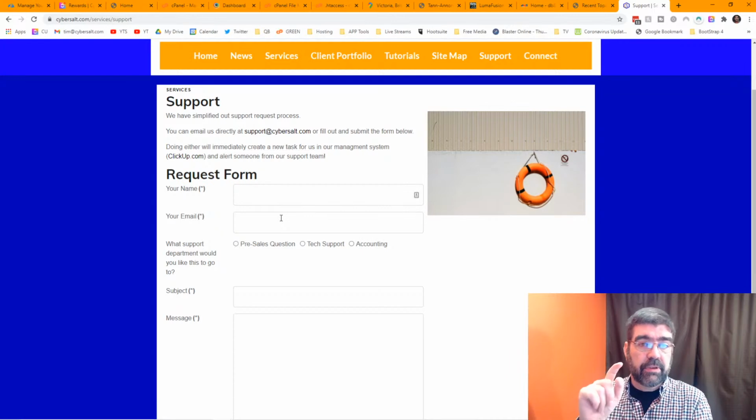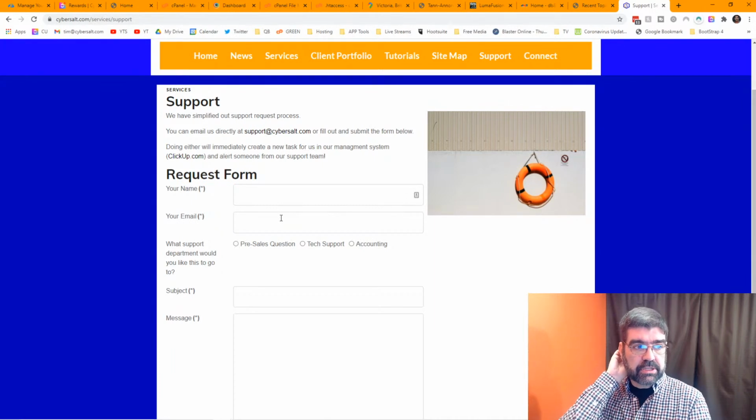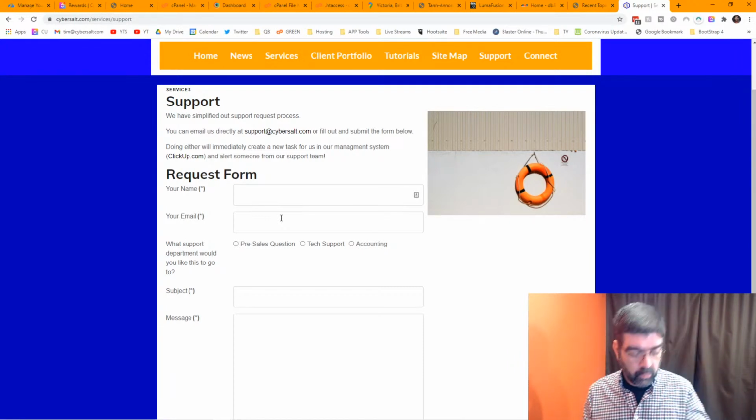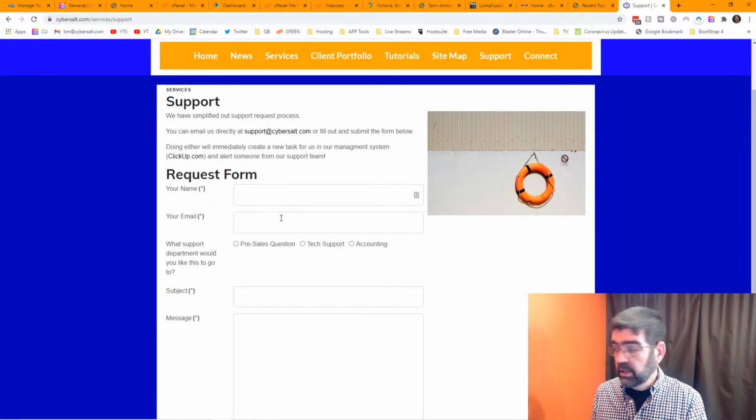The only piece that's missing right now is the ability to reply to the email from that and get back to the person. That said, they're working on that. I've talked to them about it, and it's a feature that's planned and maybe is in process. The advantage that I like,